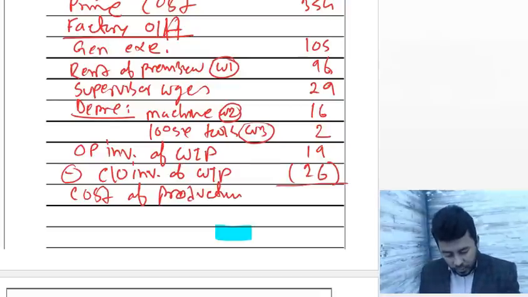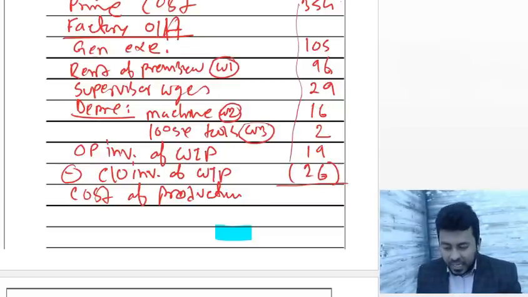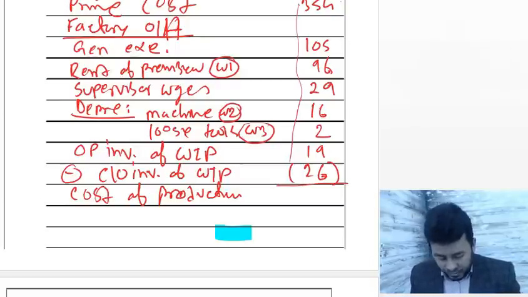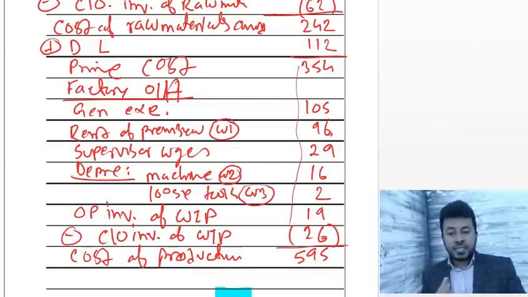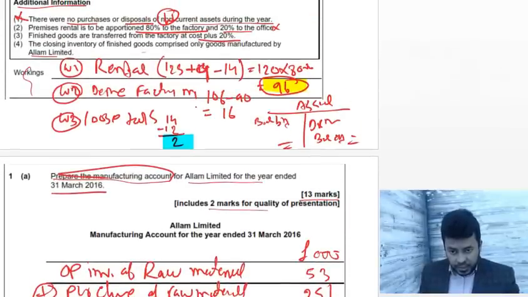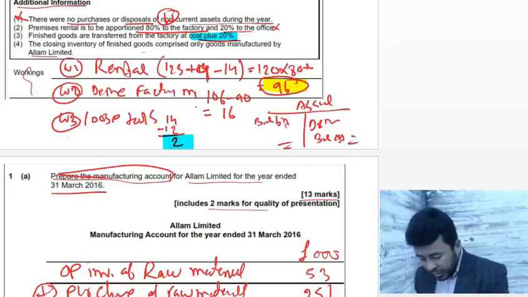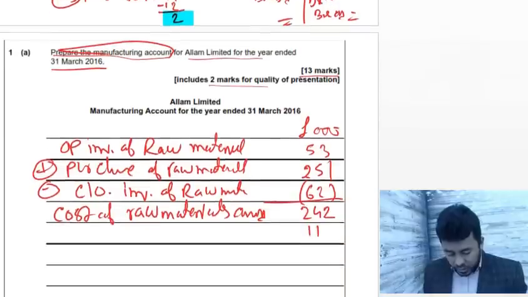Okay, if you add up all these items from here, don't do this in the exam, it's just for your teaching and learning purpose, you're supposed to get a figure of 595. Yeah, that's 595. Now we have to deal with the transfer pricing. If there was no transfer price, that would have been our answer. With transfer price, they told us, let's check the question. Yes, 20% of transfer price, cost plus. So what you have to do is the cost we got here,